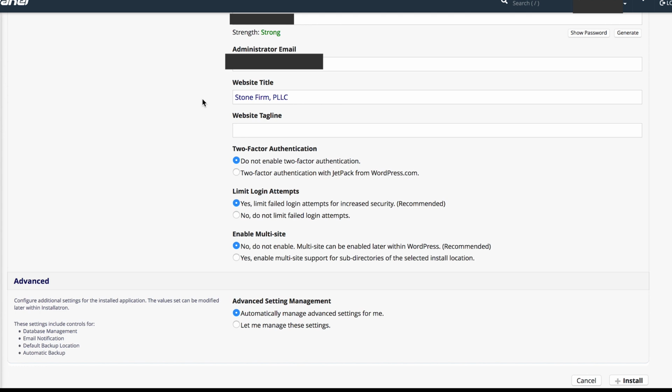My little disclaimer here is I actually don't use my law firm's email as the administrator email. The reason for that is, one, I try and keep the techie stuff separate from the law stuff, but at the same time, I could see how people would want to see their contact form replies or responses in their email that's connected with their law firm because, hey, this is a potential case.